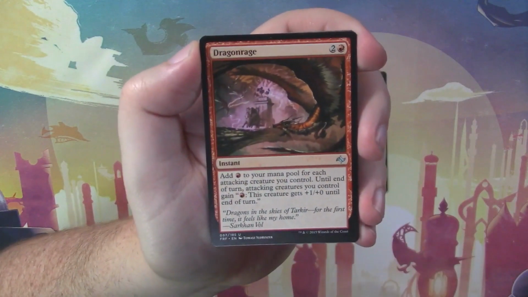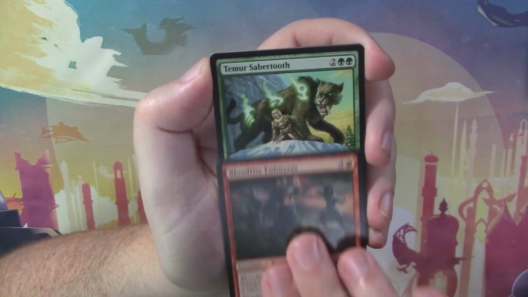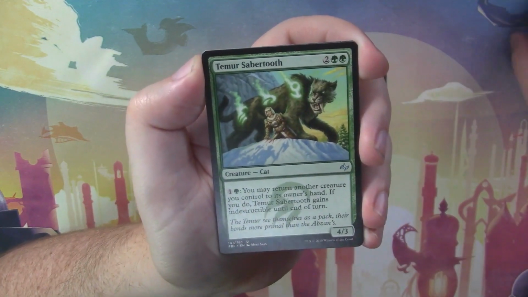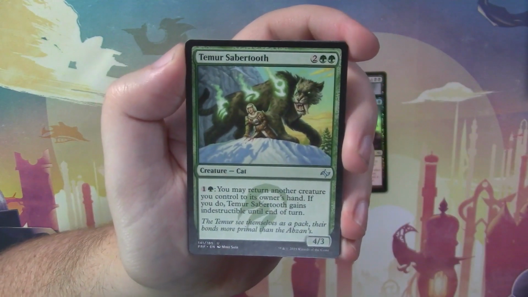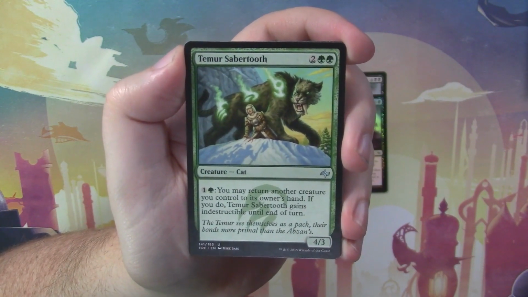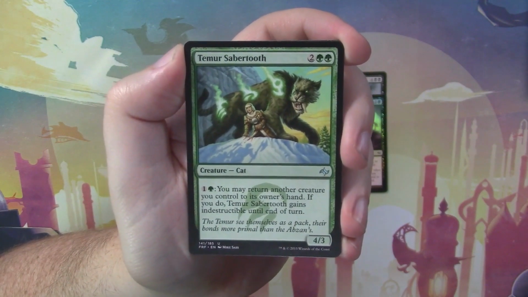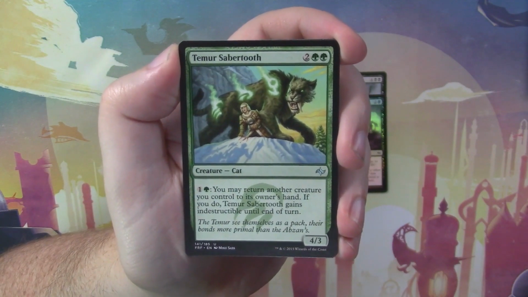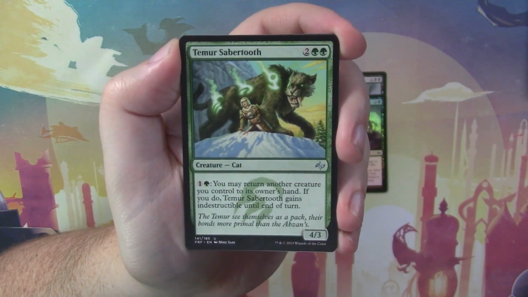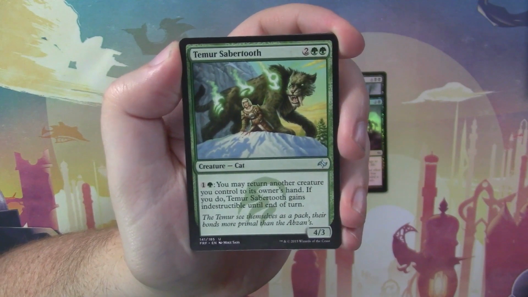Dragon Rage, Bloodfire Enforcers, Temur Sabertooth. This is a combo piece for a deck I was looking at the other day. I was looking at a deck list for Arcades, because I'm building my Arcades deck, and I was like, I want to get some ideas of what people are doing, but I don't necessarily want to follow their deck list to a T. And one of these was called like the Arcades Wall deck is what I saw, and it